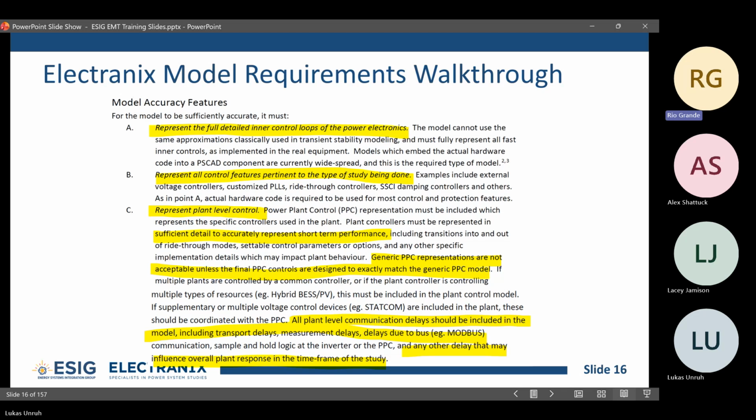Represent plant level controls. So the PPC is one that's gotten a lot of attention over the last couple of years, and I think rightly so. The history on PPC modeling is kind of interesting. When I started in electronics, we didn't care a whole lot about PPC modeling, to be honest. We often just didn't include PPC models. If it was there, fine. If it wasn't, we didn't think too much about it, because in the back of our heads we always thought that they were